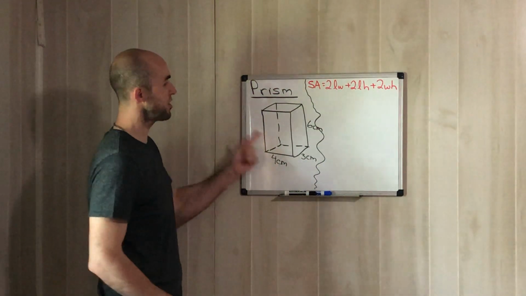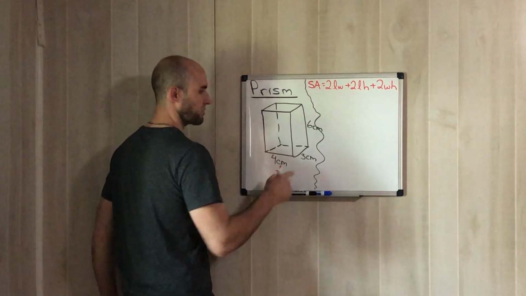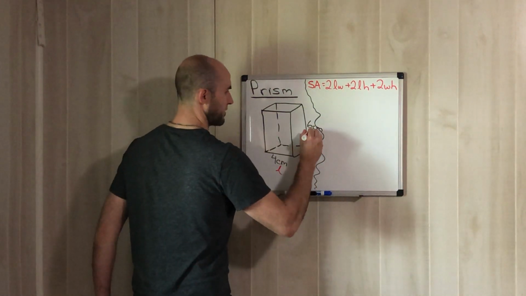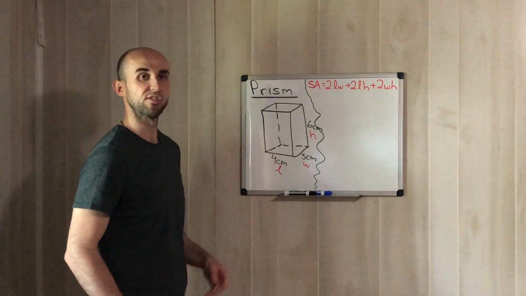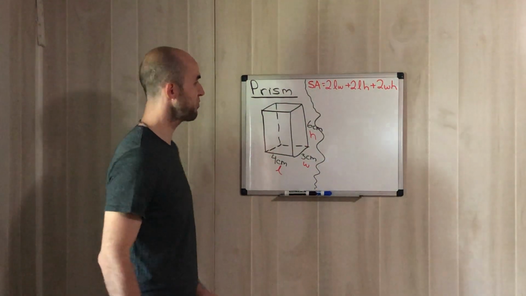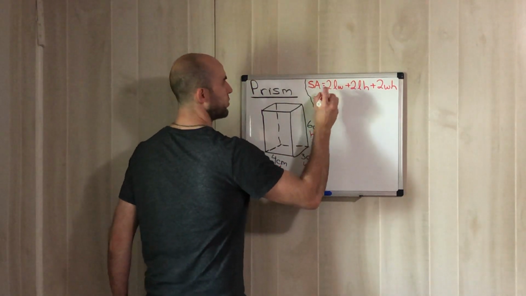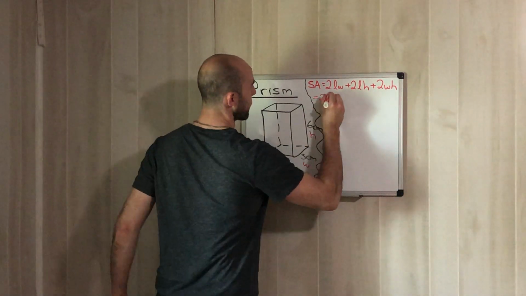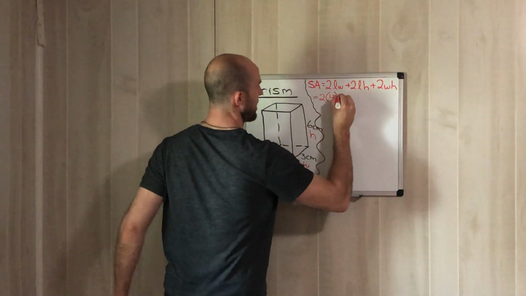3 variables. When you're looking at this prism, we know that this is always the length, right? We know that that's the width, and we know that that's the height, right? Length, width, and height. So now if you want to calculate the surface area of this prism, we're just going to substitute, right? So we're going to take the formula, which is 2. We know that the length in this case is 4, right? We know that the width in this case is 3,